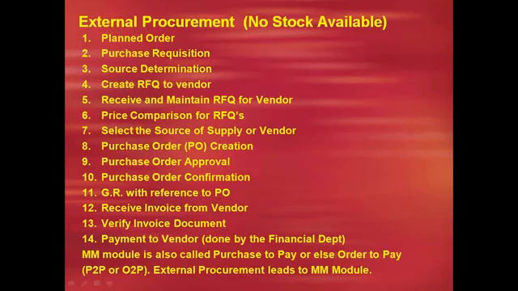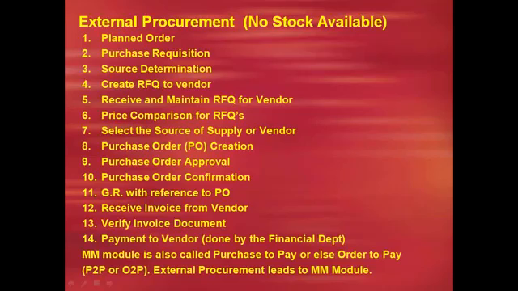So finally we confirm the production order and the company has executed the finished material. Here also we create GR with reference to production order, and finally the production order is technically completed. Then production order settlement takes place. We compare the target and actual cost of the production, and finally the material will be delivered to the customer. Where sales billing and sales invoice takes place, the customer will pay the company.